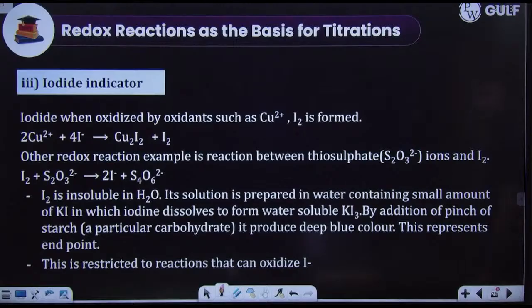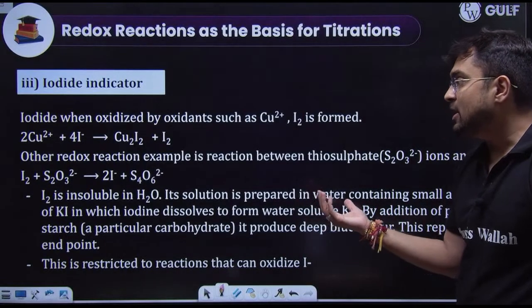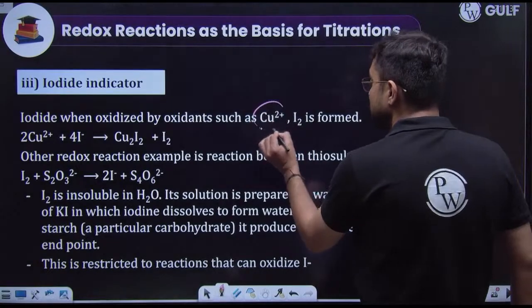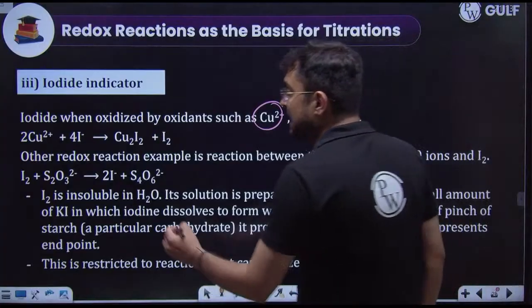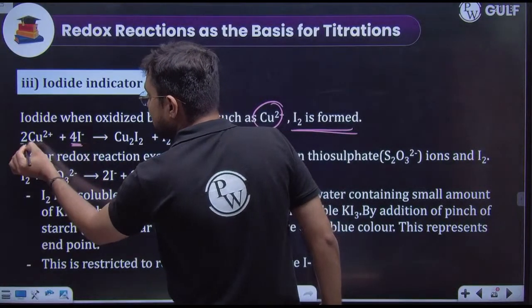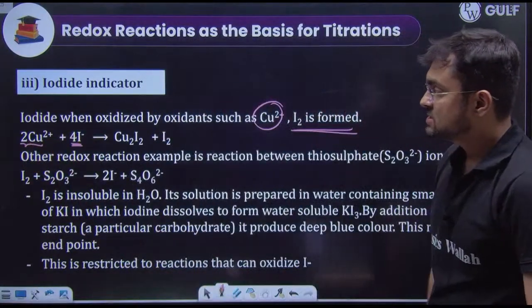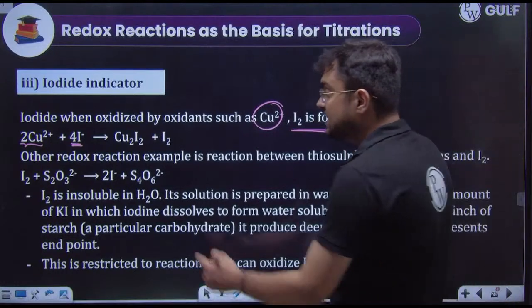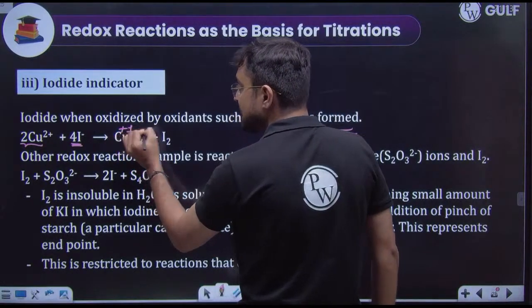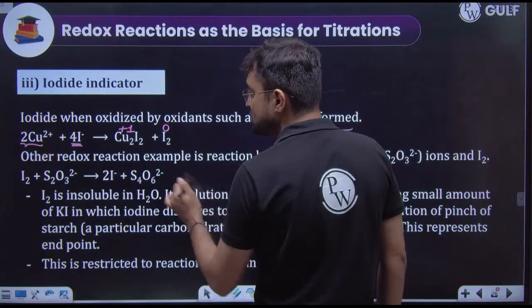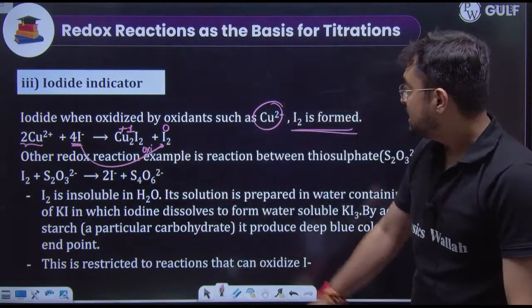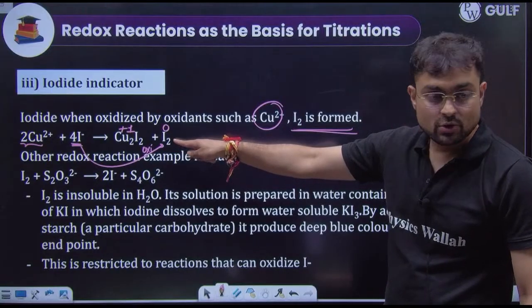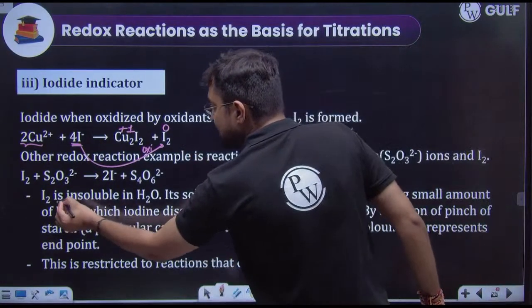Similarly guys, we have iodide indicators also. So iodide, when oxidized by oxidants such as Cu2+, iodine is formed. As you can see here, if I have some iodides with me and I have some oxidants, that is Cu2+, here you will see Cu2+ is getting +1 charge and iodine is getting 0 charge, which means iodide is getting oxidized. And now once this iodine is formed, you know what we do is, this iodine is actually insoluble